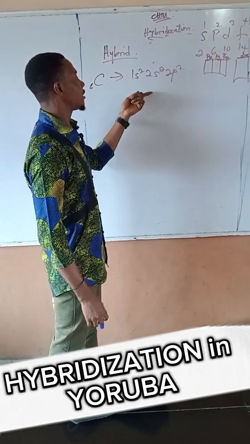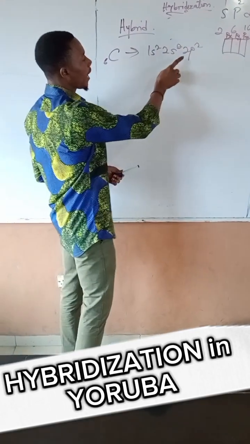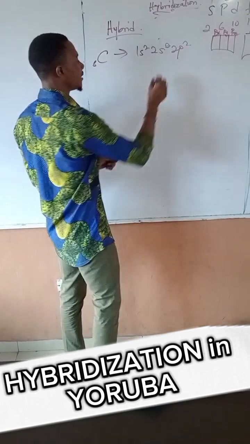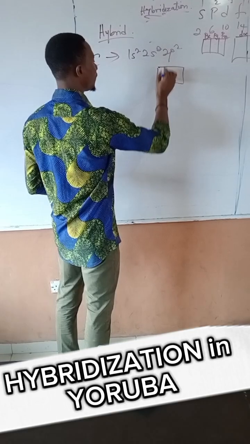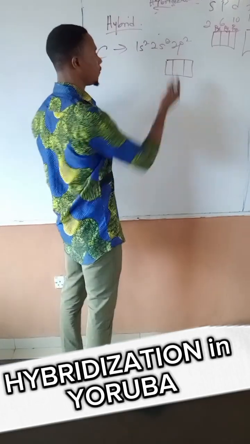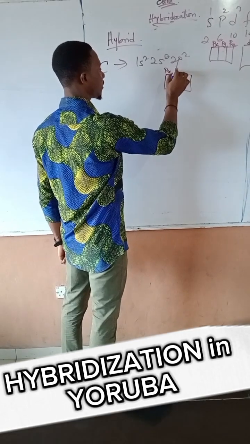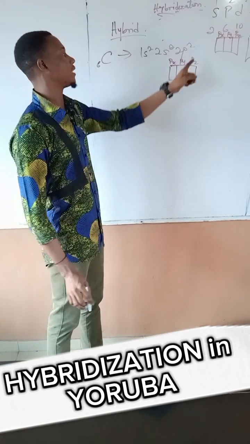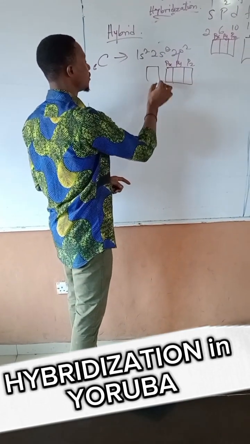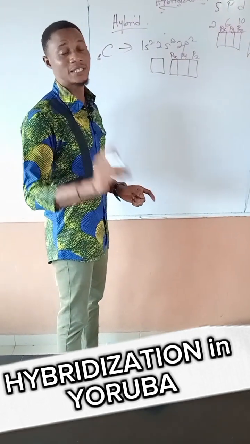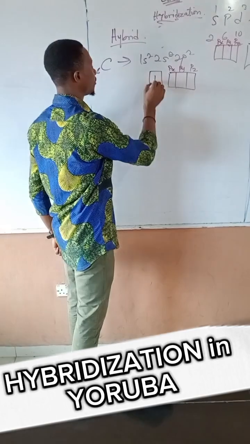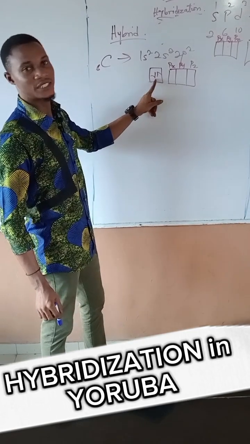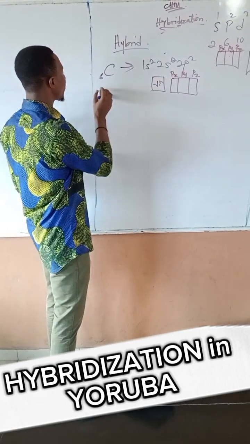Now again, for the 2p orbital of our carbon, we have 3 suborbitals, that is px, py, pz. Now, how many electrons are on that p orbital? The 2s also is like this. I said the s orbital has one subshell, that means it has 2 electrons, and those 2 electrons are represented by what we call spin.